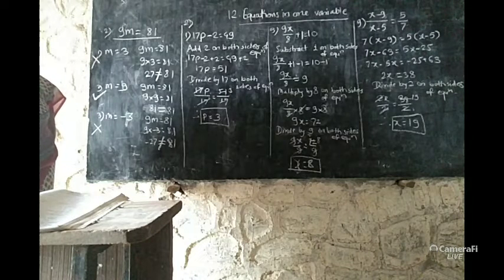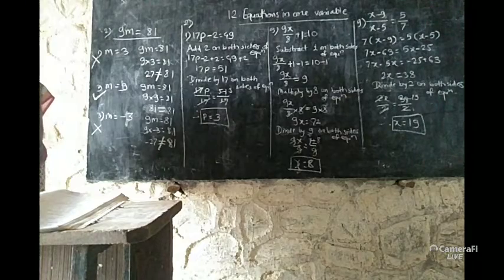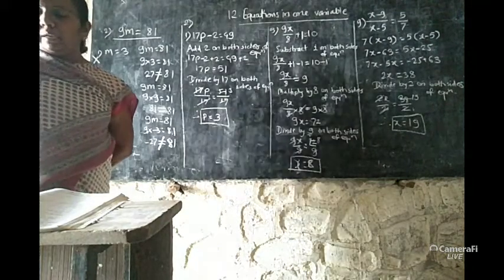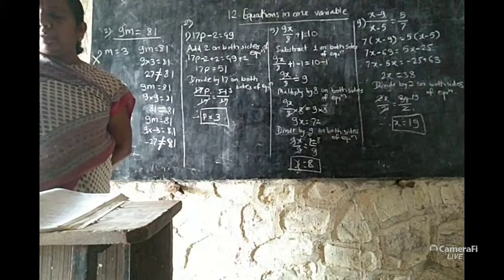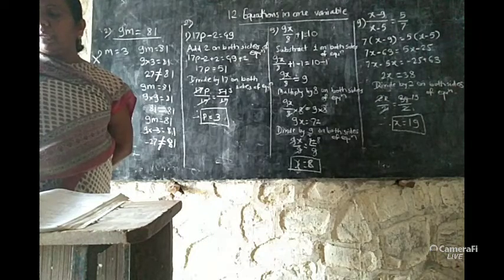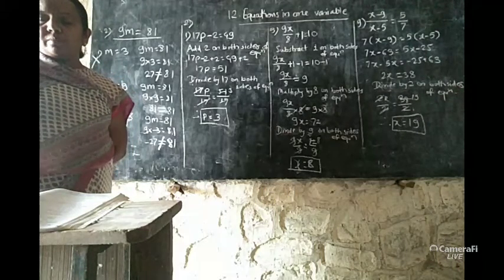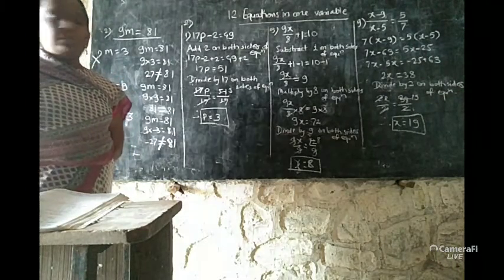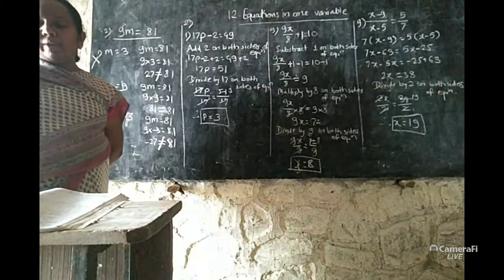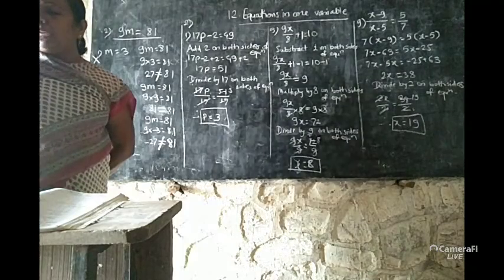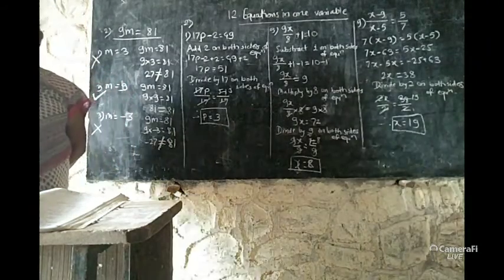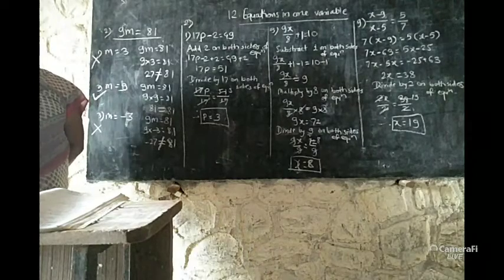In the first question, there are 4 examples, but the fourth example is deleted from the syllabus, so there are only 3 examples in the first question. In the second question there are 11 examples, but example number 3, example number 7, 8 and 11 are deleted from the syllabus, so there are only 7 examples in question number 2. We see in question number 1 in practice set 12.1, each equation is followed by values of the variable, and we have to decide whether these values are solutions of that equation. In each example, they have given us 3 values of the variable, and we have to find whether they are solutions of that equation or not.